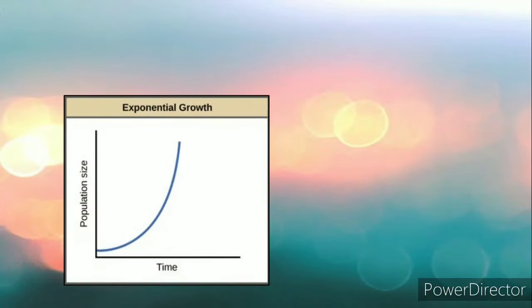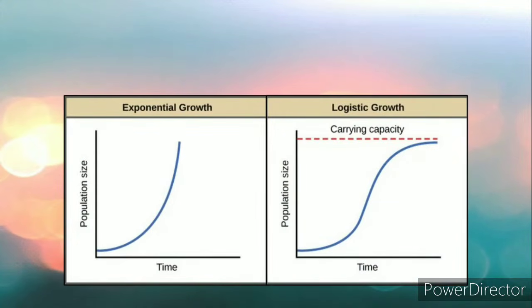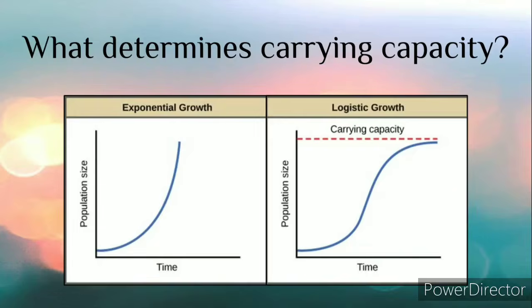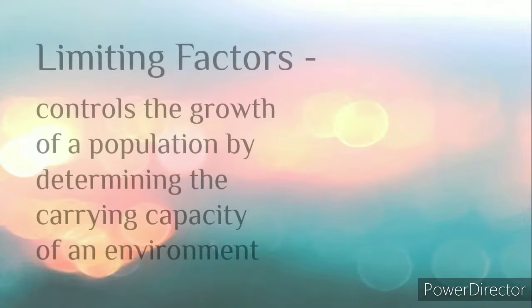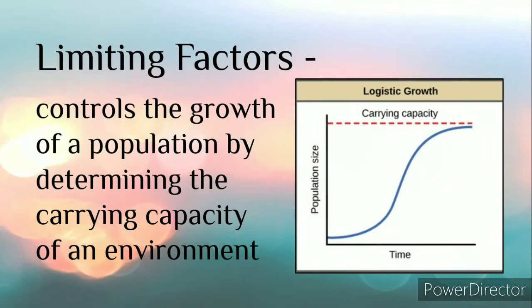Previously, we talked about how populations grow in nature and that at some point they're going to stop growing and the population size will stay the same. And today we're going to explore why that happens. What determines the carrying capacity? In two words, the answer is limiting factors, which control the growth of a population by determining the carrying capacity